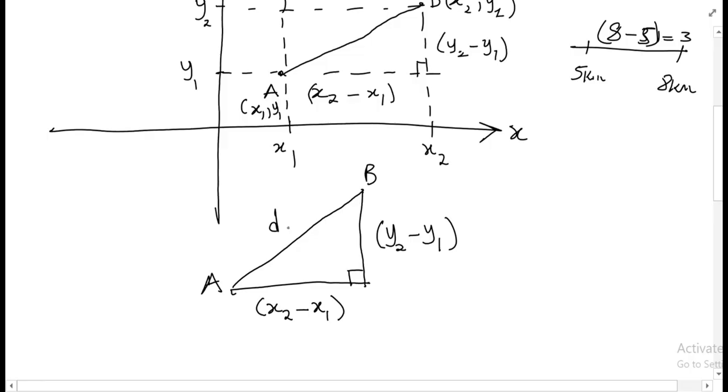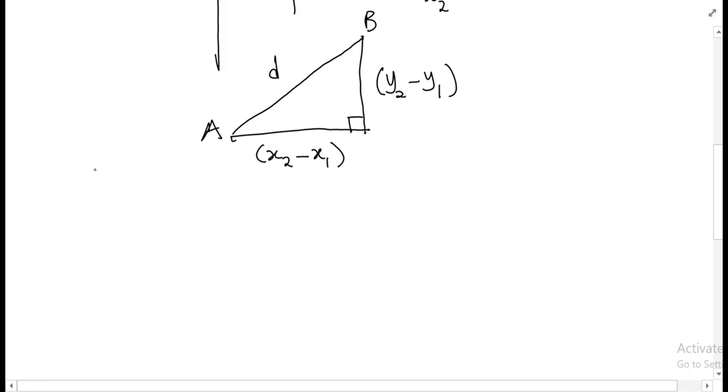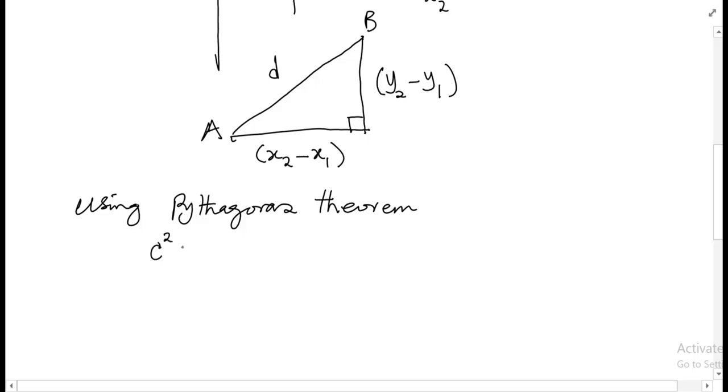So if I'm naming this D, to find the distance D, which is the hypotenuse of this right angle triangle, we will apply Pythagoras theorem. Using Pythagoras theorem, which states that c squared equals a squared plus b squared. Here our c will stand for the hypotenuse, so our c will be our d because this is the hypotenuse. So you define it as d squared, which is equal to a, which is any of the given sides,